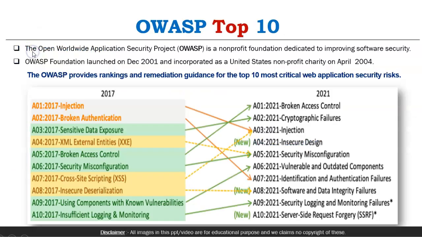We come to the topic. We have already covered in the last 4 videos that OWASP is a non-profit foundation. They publish the top 10 vulnerabilities every 4 years. In the syllabus we have 2017 and 2021, and they are almost the same, except a few changes. We have already covered 7 out of these. The remaining 3 we will cover, which are broken access control, XXE, and the last one, insecure deserialization. It is also available in the 2021 version.